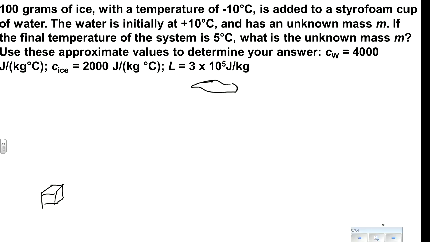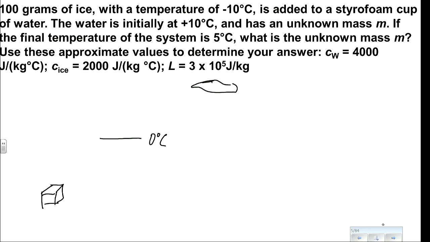We know that there is the transition temperature between ice and water, which is 0 degrees Celsius. Now, theoretically, when we mix ice with water, we may have three different options. The final temperature might be above zero, below zero, or equal to zero. And depending on the situation, our reasoning might be slightly different, but in this situation,